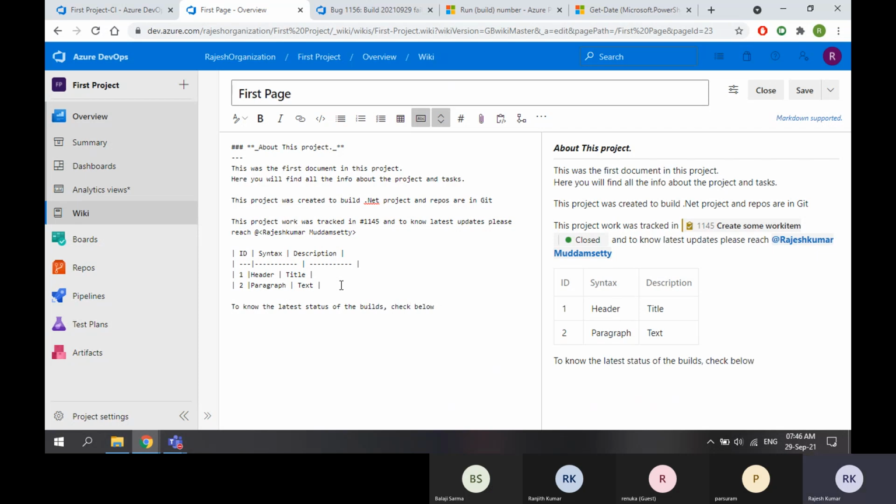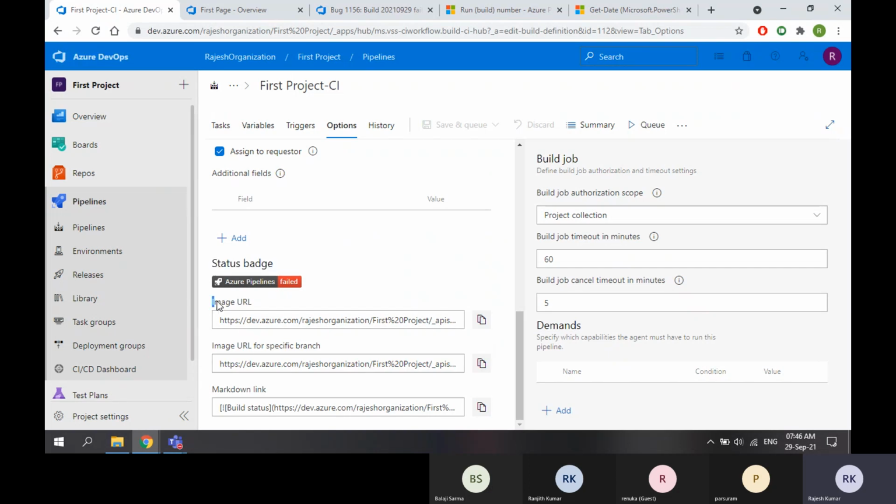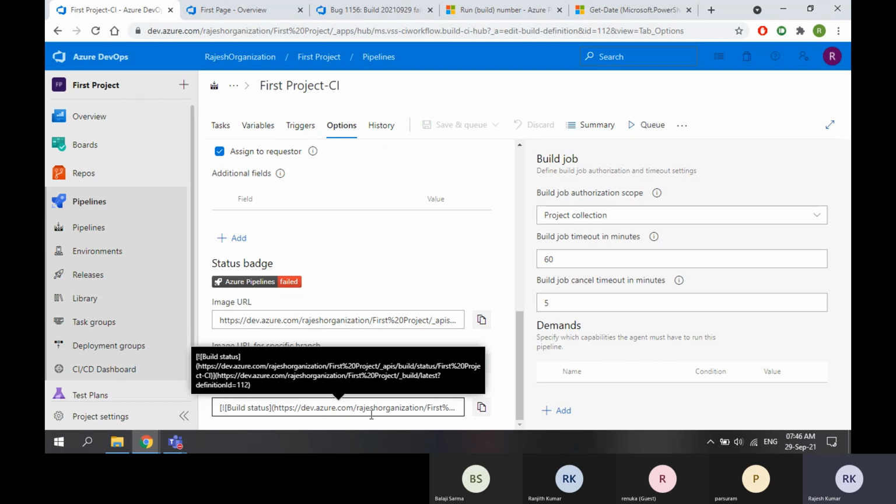And what is that below? So this is markdown language, guys. Based on your documentation, they will give you three kinds of options. One is image URL, another one is image URL with specific branch, next one is markdown link. So I want to keep this in markdown.